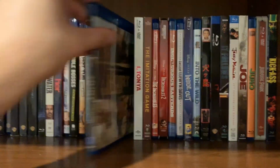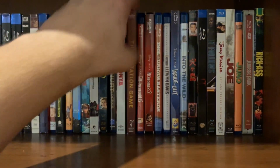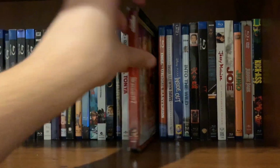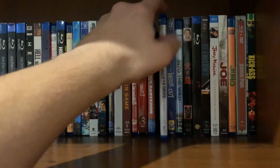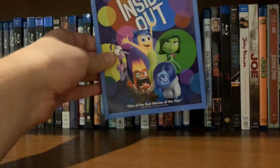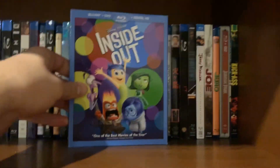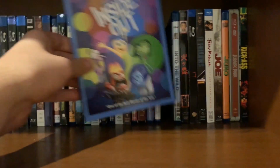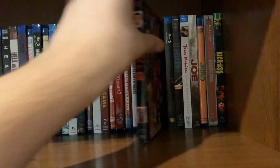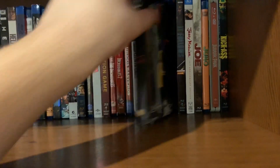Hugo, The Hurt Locker, I, Tonya, The Imitation Game, The Incredibles, Incredibles 2, Inglourious Basterds, Inside Llewyn Davis, Inside Out, which I may or may not have upgraded to 4K, but yeah, you'll see about that. Into the Wild, Isle of Dogs, It Follows, Jerry Maguire, Joe, Juno,